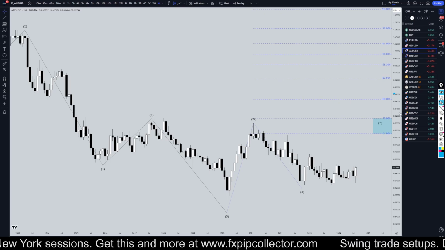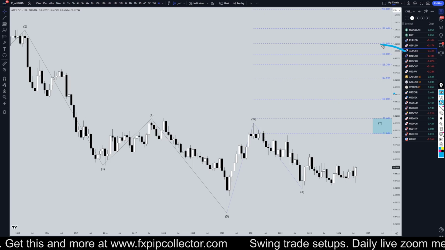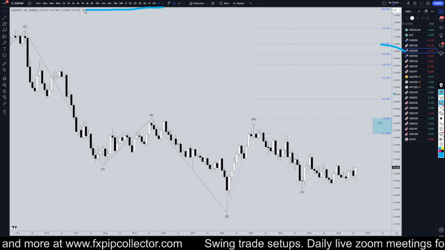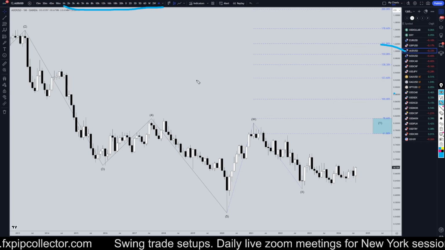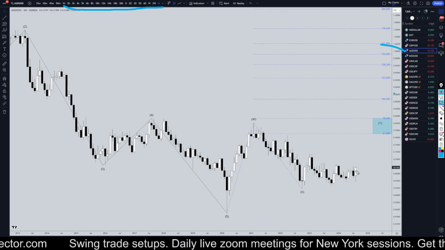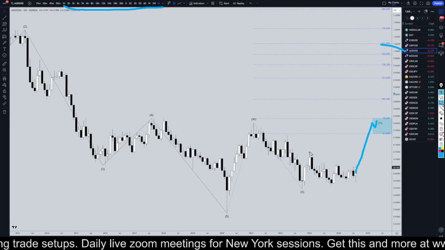Today is Monday, August 26th, and I'm going to be analyzing the Aussie US dollar, starting on the monthly, working my way all the way down to the 1 hour time frame for the full top-down analysis. So on the Aussie dollar, I still personally think that we are in a wave Y right now. I think we're already in the wave C of wave Y.